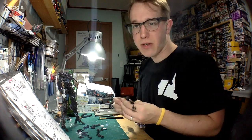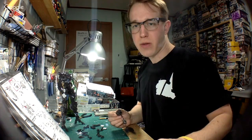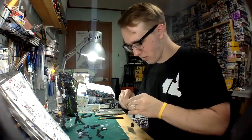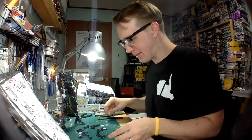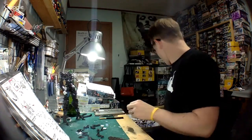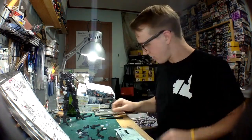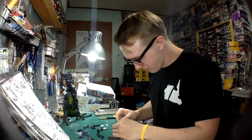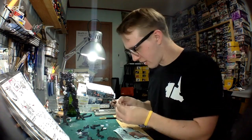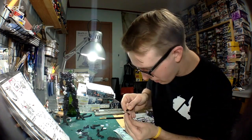Do you wish MG-F90 was released? Not really. The F90, F91 like designs aren't really some of my favorite designs out there, to be honest. So, just personal taste. I don't really care too much for those. Those wouldn't be high on my wish list. There's certain aspects of those designs that I like. There's some cool bits, but in general,